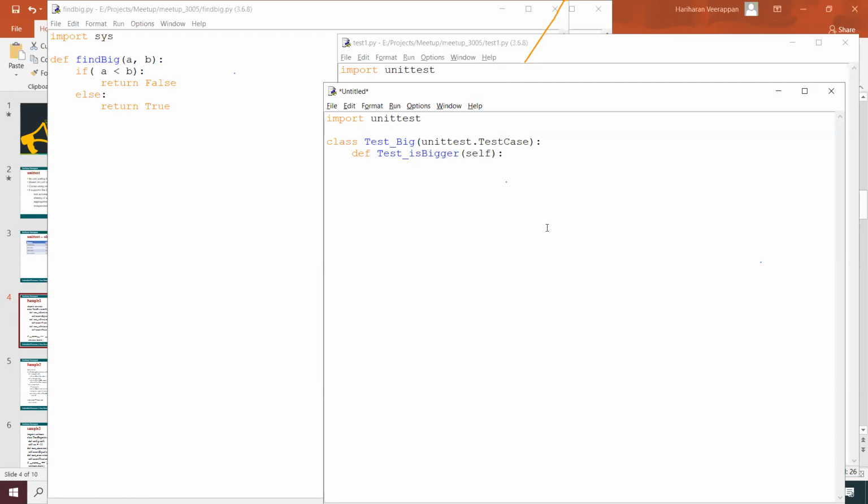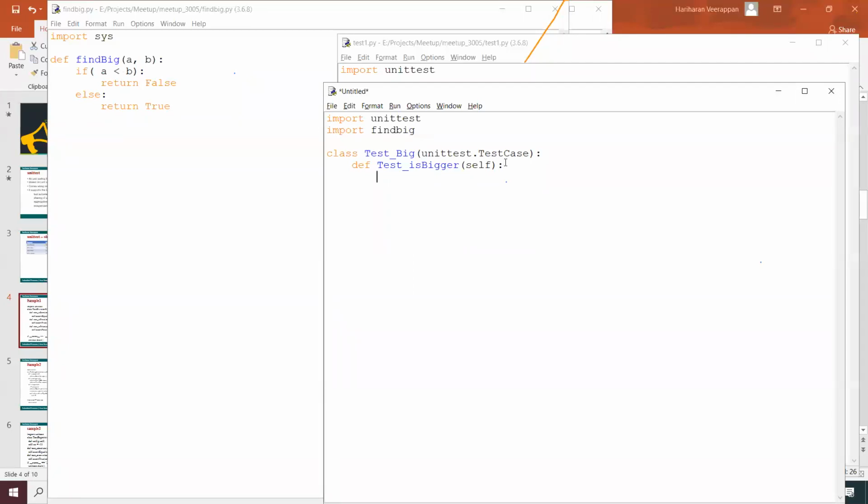In order to use this, I'm going to import find big, sorry, not find bug, it's find big. I'm going to import this module, the find big.py, into the test case development.